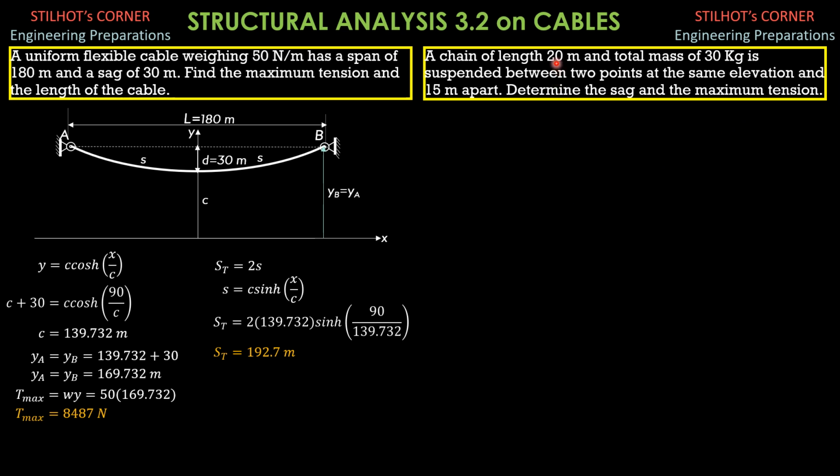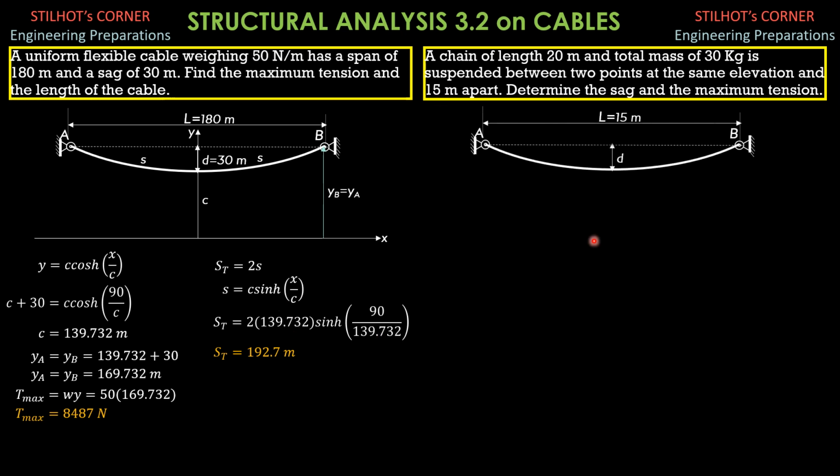So this time the length is known from the total length of chain, 20 meters, and the formula C sinh(x/C). Because the two supports are at distance 15 meters apart, x is half of this, then we can solve for c directly from that formula. So let's locate the origin. This is S, 10 meters, not the 20, remember. Then half of 15 is 7.5. That is x in this formula here.